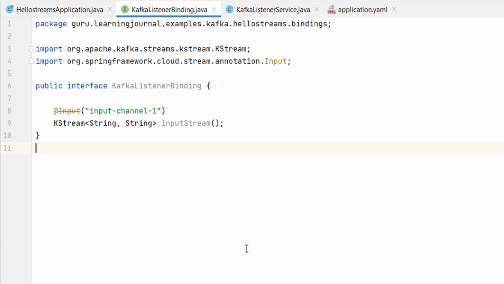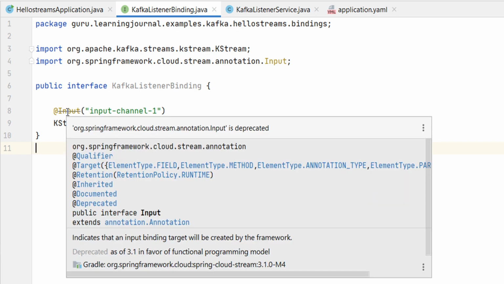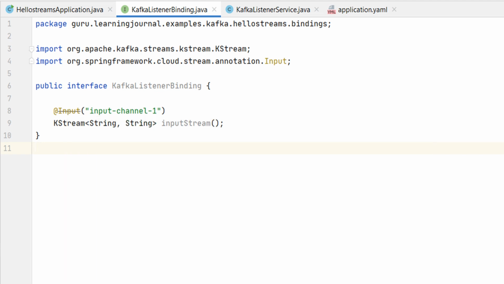That's all. We are done. However, it says the Input annotation is deprecated in favor of the functional programming model. It is a new change coming in Spring Cloud 3 and above. We will learn about the functional programming model and create some examples to understand the new approach. But this new version is still under preview release. It is too early for real-life projects to adopt the functional model of Spring Cloud. So, we will also cover the current approach that works using Spring Cloud annotation. The point is straight. In this course, we will learn the current approach, which is in day-to-day practice. And we will also learn the new upcoming approach, so we are ready for future projects.